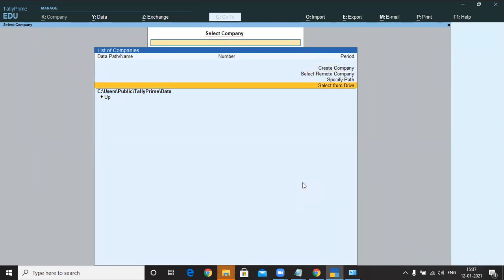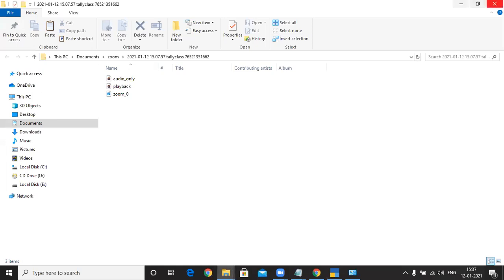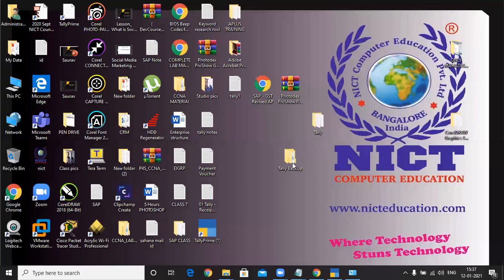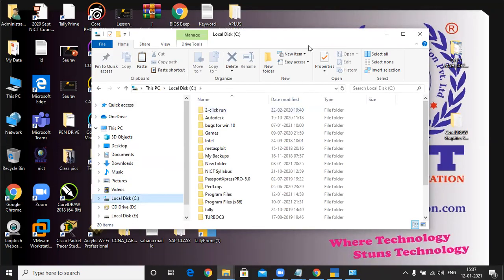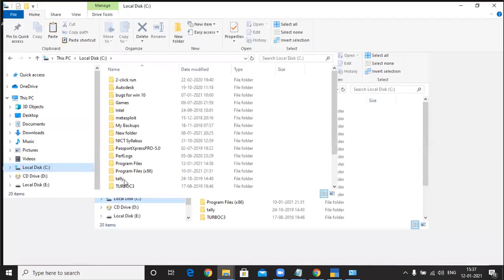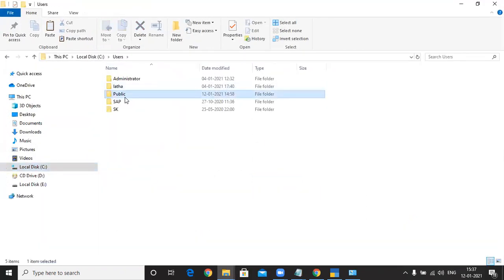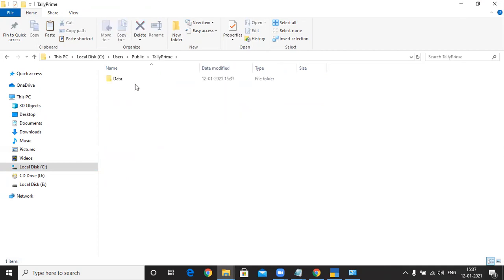There is no company in the menu path, users, public, Tally Prime, data. So whatever I have copied, I'll use it back. Select these two, copy and paste them into the data menu path, C colon users public Tally Prime data, then paste.